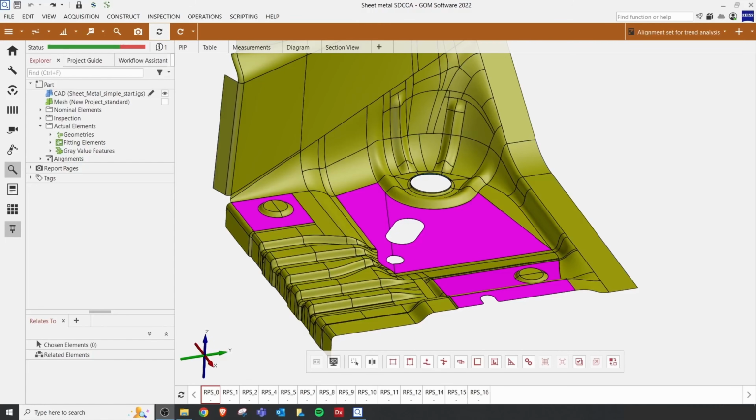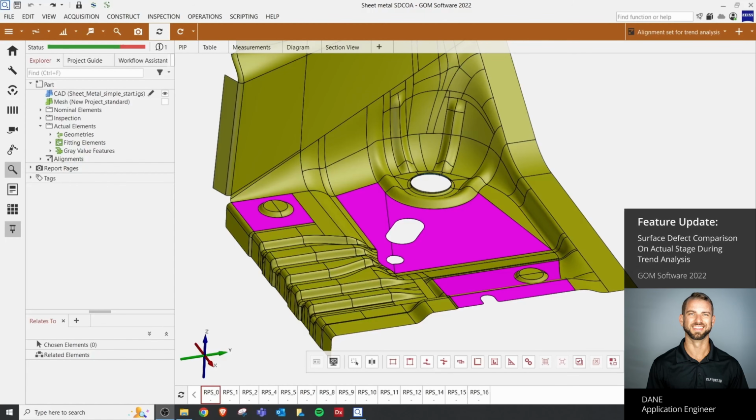Thank you, Emily and Kyle, for that introduction. We're going to take a closer look at an update to surface defect comparison on actual stage, which is relevant for stage projects. Surface defect mapping is a computational stoning method for detecting surface defects on an otherwise smooth surface. The new option called Only Display Deviations Larger Than in Definition stage allows us to find important defects while ignoring others. We do this by referencing a particular mesh stage that represents an acceptable surface. This essentially allows us to filter out defects that we know are allowable based on a good known master part.